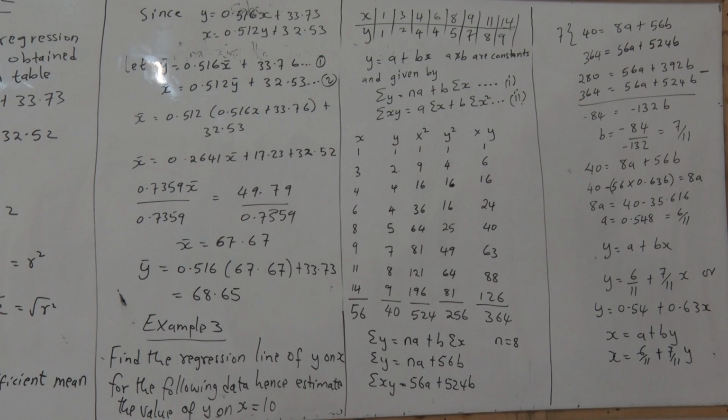Now that I know the value of b, I can use this first equation here to solve for a. And to do that, I make a the subject of the formula by taking 56b, crossing the equal sign, it becomes minus 56 times the value of b. b is 7 over 11, in decimal it is 0.636. So if I solve this, I